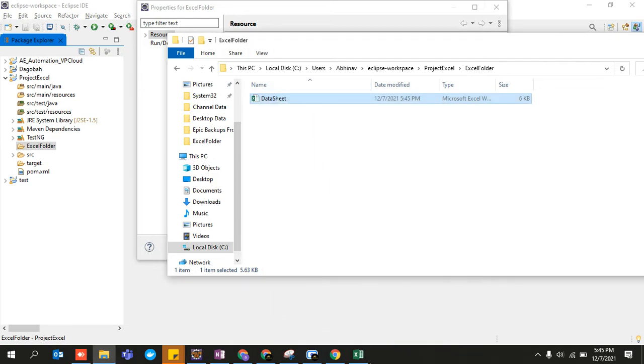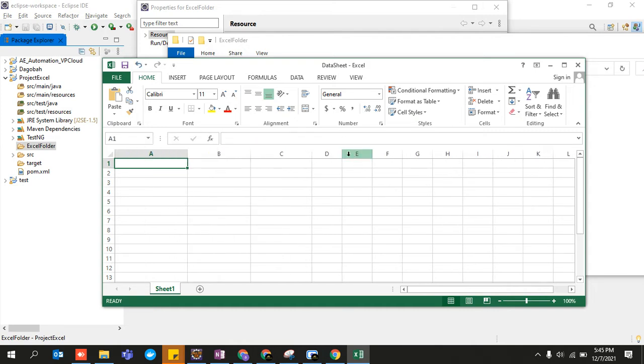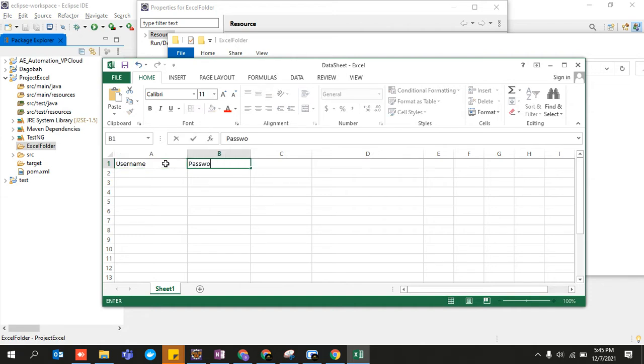Just do as I am showing. This Excel contains a lot of data. I'll create some data like username, password, email. Let's say there are 3 columns, and the username is Abhinav, password is Abhinav@123, email Abhinav@gmail.com. Let's create another user, Rahul, Rahul@123, Rahul@gmail.com.